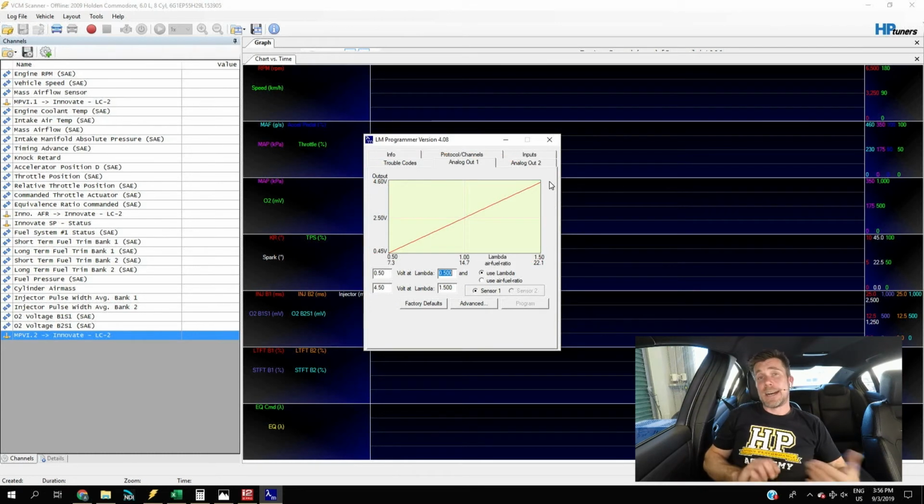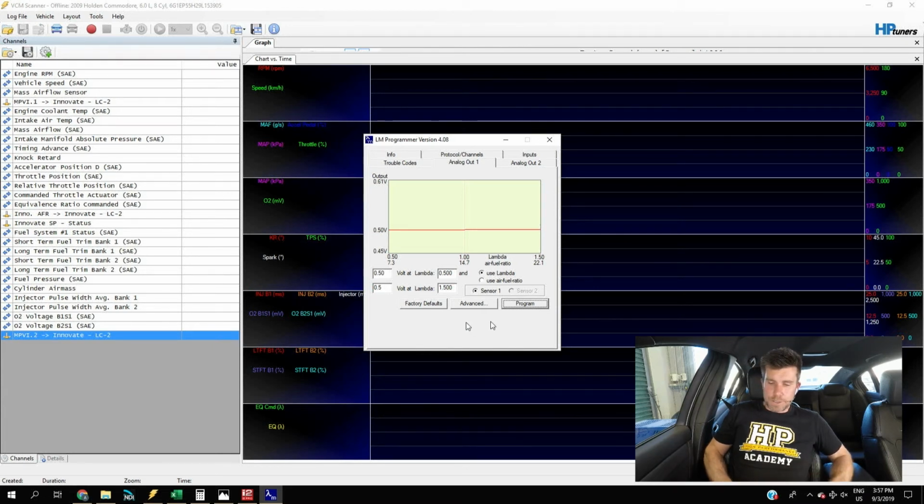However, before I get started doing this, what I want to do is check my voltage offset. To start with, I'm going to set both our voltage points to 0.50. This means that irrespective of what the actual lambda is, the LM2 is going to output 0.5 volts. So we'll set that, then click on the program icon. Again, I'm not going to do this here because it can be a little bit finicky. That will send those changes through to the LM2. We also then need to reset it, so we need to power it down and power it back up for those changes to become effective.